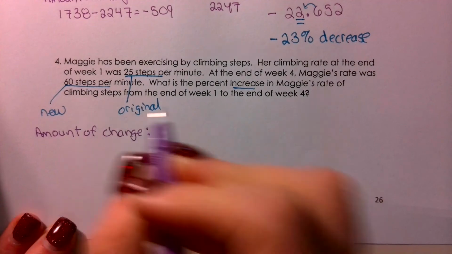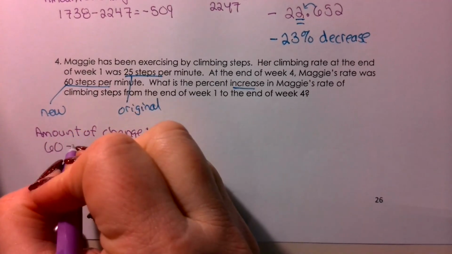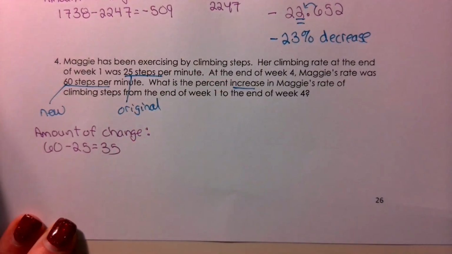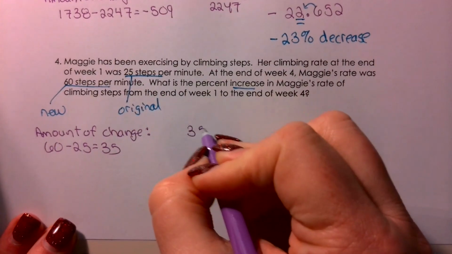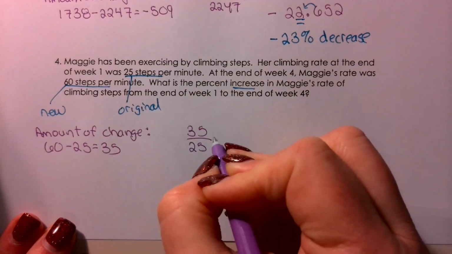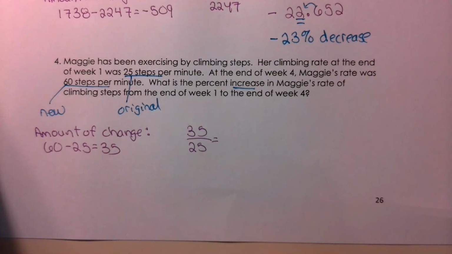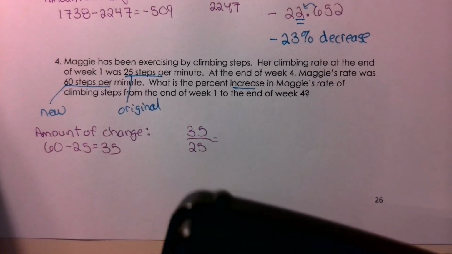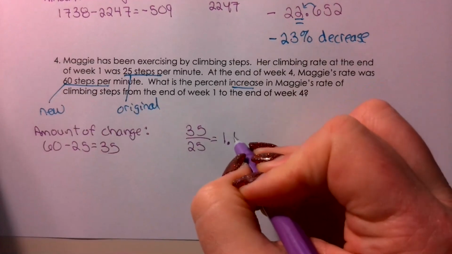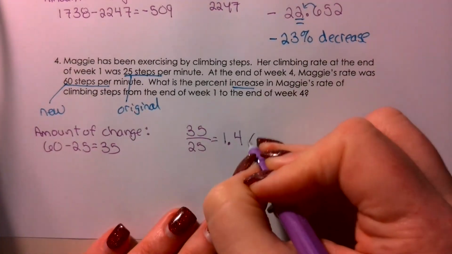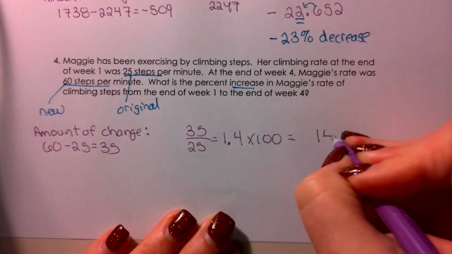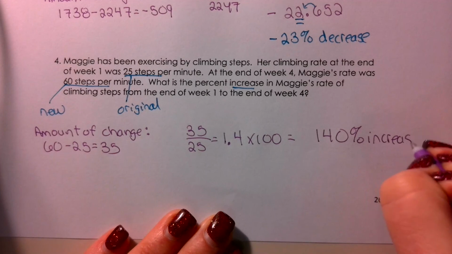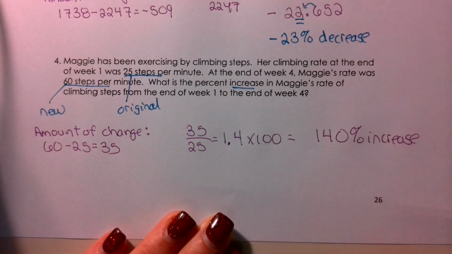What I've got is my new 60 minus the original, and that will give me 35. Now I'm going to take 35 and divide it by the original, 25. And when I put that in the calculator, we got 35 divided by 25. I get 1.4. Now I'm going to multiply that by 100. And I will get 140, a nice whole number. It is a 140% increase. That seems lovely. Maggie has done an